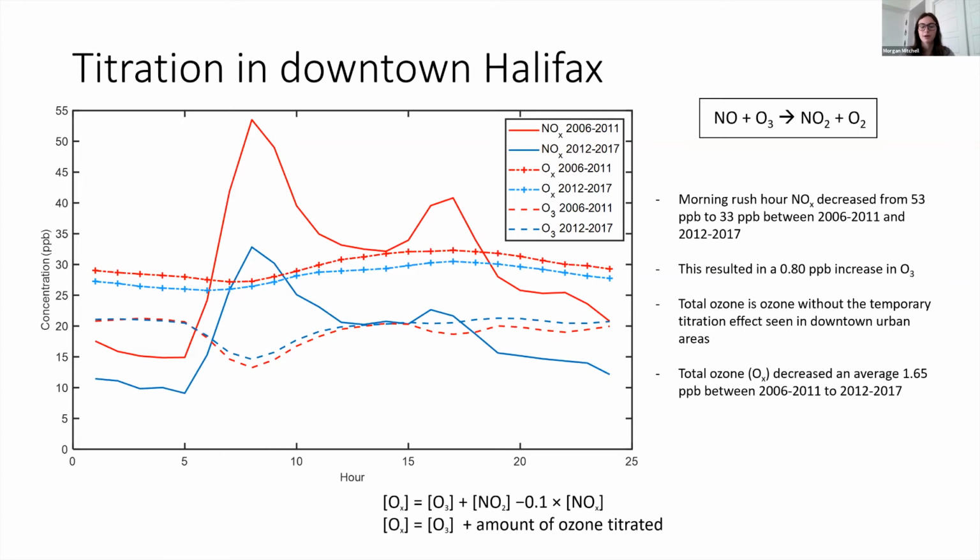So a better or more accurate way to look at ozone without this titration effect is to look at something called total ozone. The titration effect is only temporary. As this air mass moves away from the source of NOx, we are getting a net production of ozone once again. So total ozone is ozone plus an estimate of the amount of ozone that has been titrated